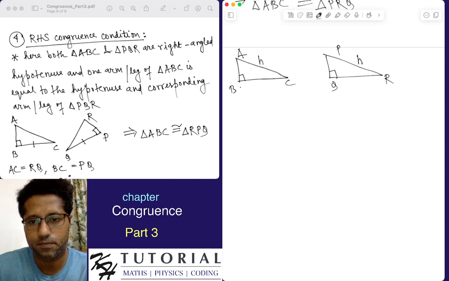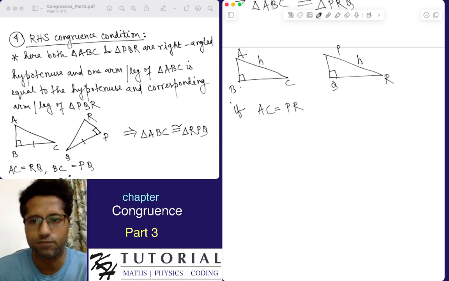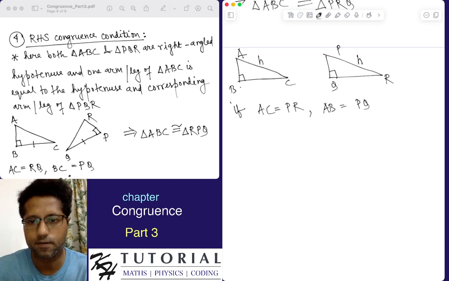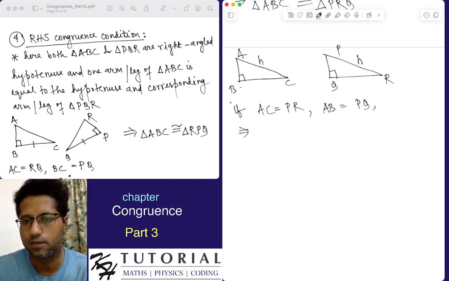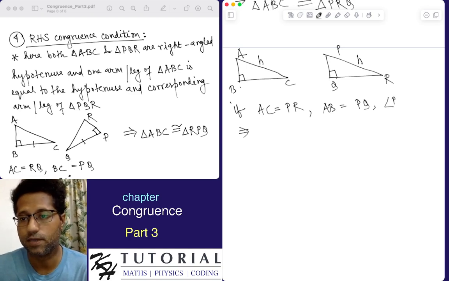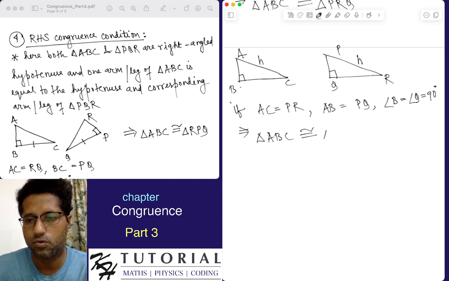That is, if AC is equal to PR, that is AC is the hypotenuse of triangle ABC and PR is the hypotenuse of triangle PQR, so if they are equal, and let's say the arm AB of triangle ABC is equal to the arm PQ of triangle PQR, this will imply, and of course we know that the triangles are right angled, and we know that angle B is equal to angle Q is equal to 90 degrees. Now this will imply that triangle ABC is congruent to triangle